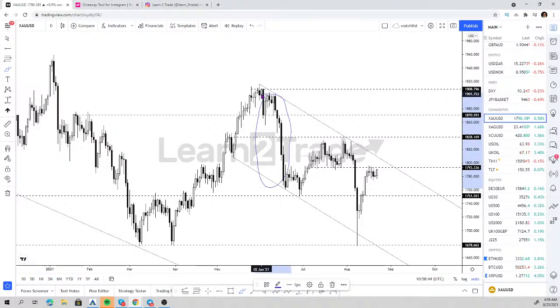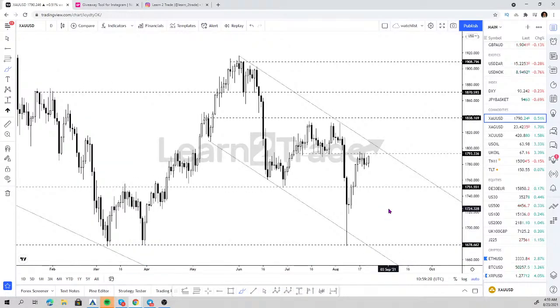Okay, let's have a look at the dumps. This dump right here was on the Fed week when the Federal Reserve hinted that they were going to start maybe hiking rates before 2023. Boom, big dump in gold, and then here again a lack of liquidity made for a stop hunt, just for big buyers to jump in again around the 1680 level. So right now what we're looking for are longs in gold. Why? Because big buyers jump in here at the lows.